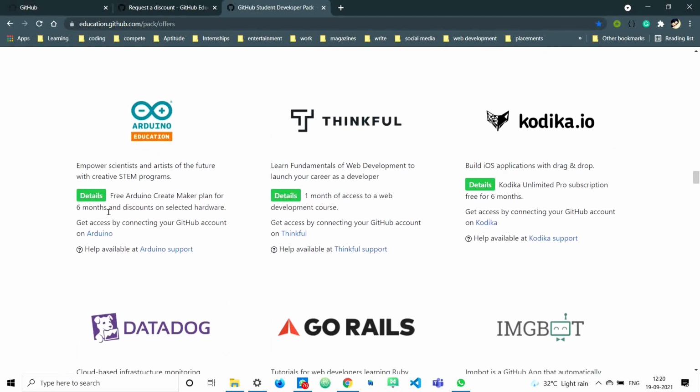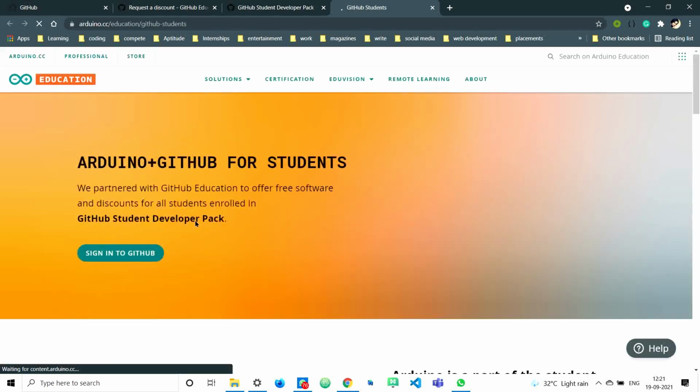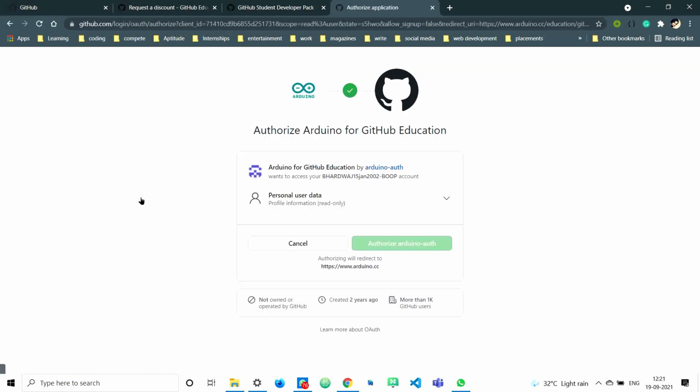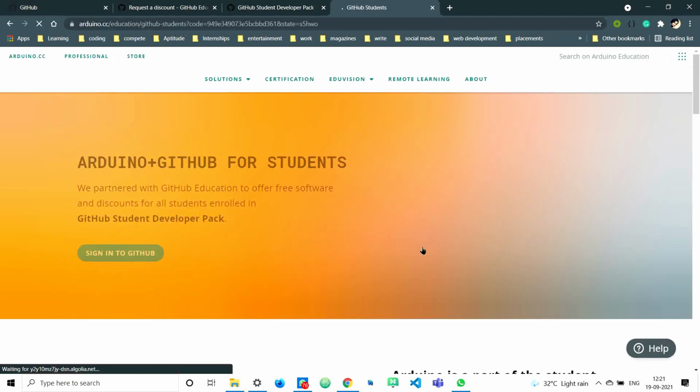Arduino Education empowers scientists and artists of the future with creative STEM programs. I'm just checking whether this pack is really working or not. Sign into GitHub. You can see authorize Arduino. Fine, I'm authorizing it.